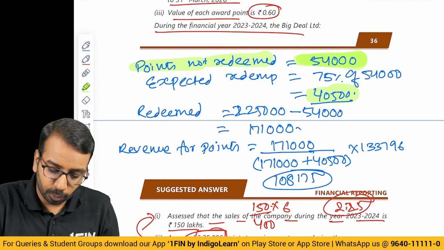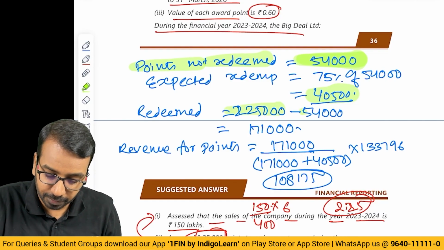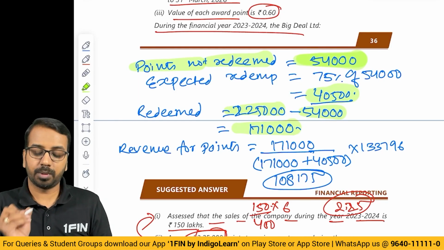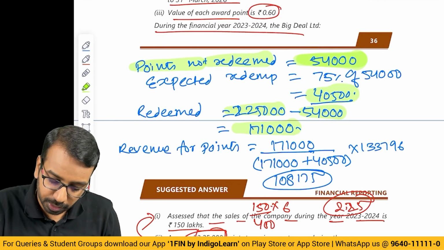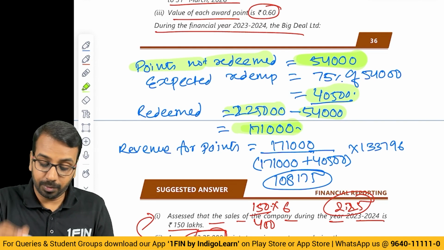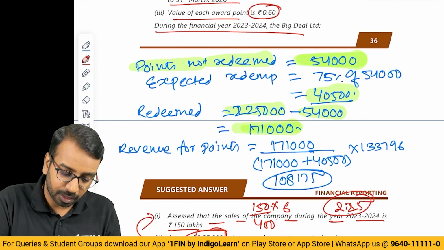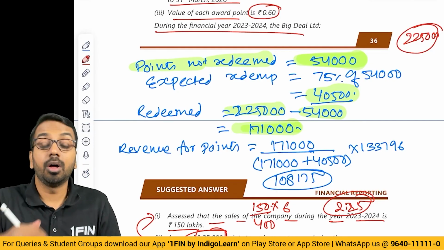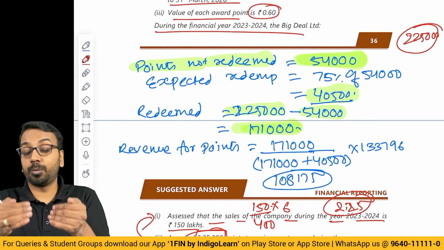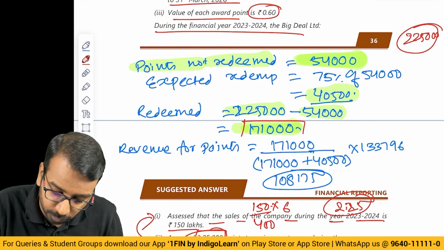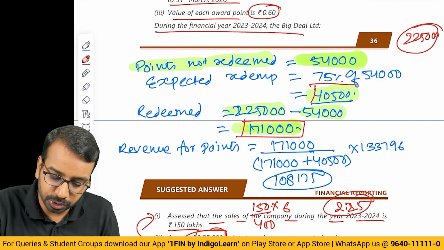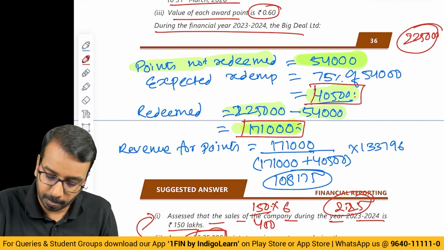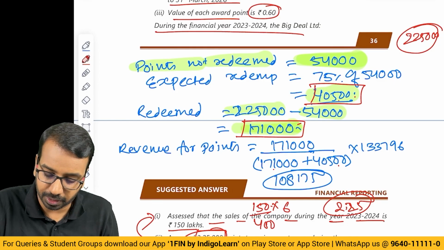Okay. How many points have been redeemed in the current year? 225 minus 54, 171 has been redeemed in the current year. So 171 which has been redeemed and total expected. See, earlier the points we have given is 225. But now what is the total points that we are expecting to be redeemed? Already redeemed 171 plus future redemption 4,500. So 171 plus 4,500 you get